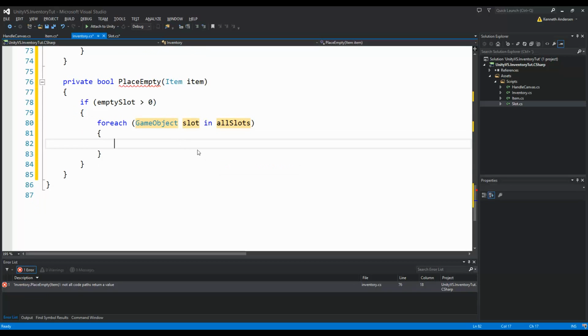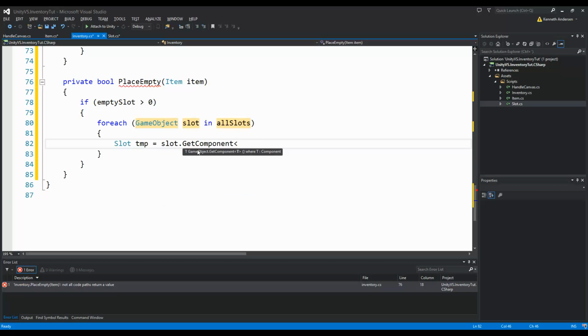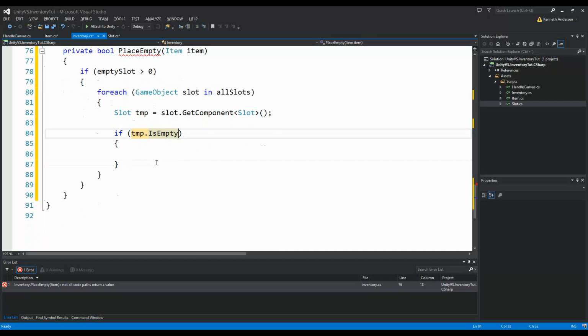So we need to make a reference to the slot. We're going to say slot temporary equals slot.GetComponent Slot. What this does is that it creates a reference to the slot script on the slot we are looking at the moment. So if we say if the temporary is empty, because we just made that functionality before, so if the slot is empty, well, then we just found an empty slot and we can place our